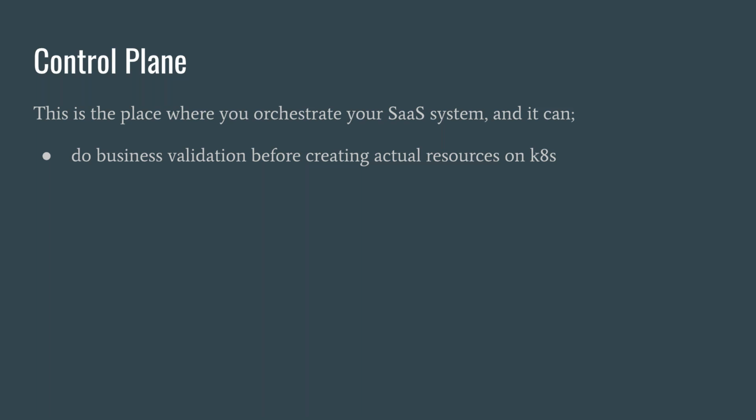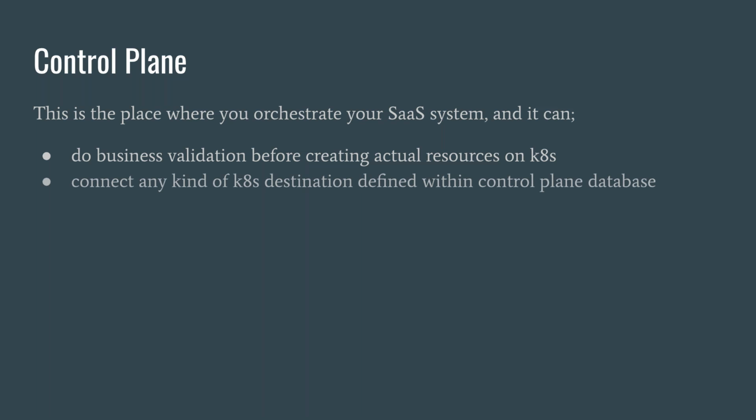When a customer tries to create a cluster, you need to do a business validation, and this is handled inside the control plane. This control plane is capable of connecting to any kind of destination. What does this mean? If you have a service, it can be something like a regional or multi-region service, right? I just go to the console, your application, and provide my cluster name, select the cloud provider and the region. Based on your selection, your control plane can call a set of microservices.